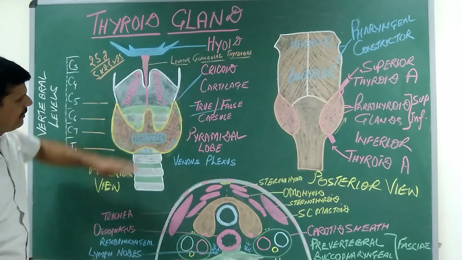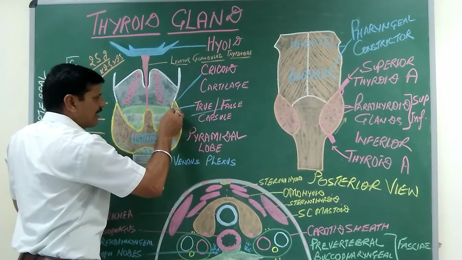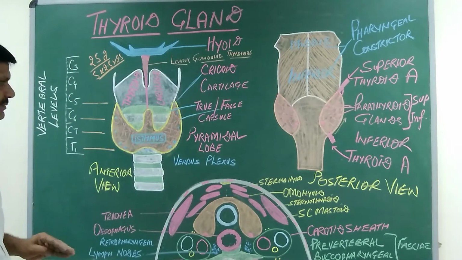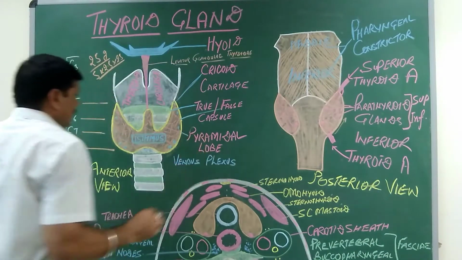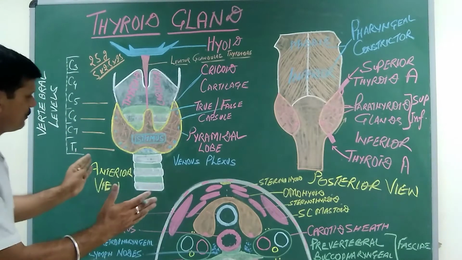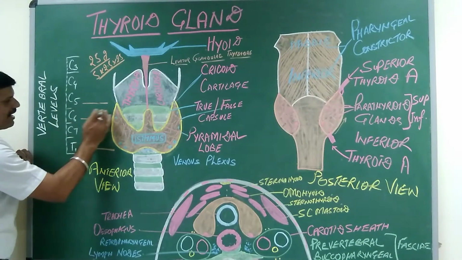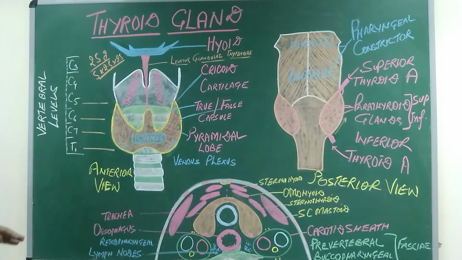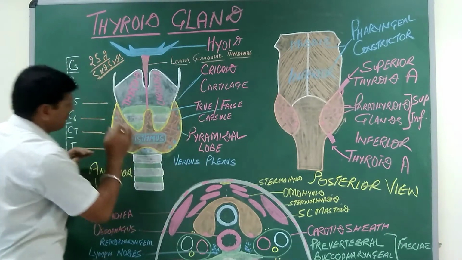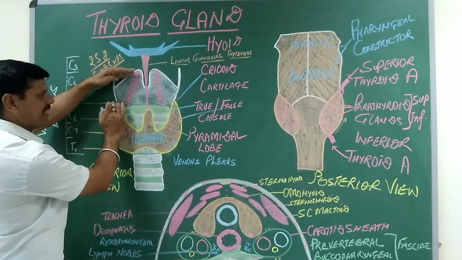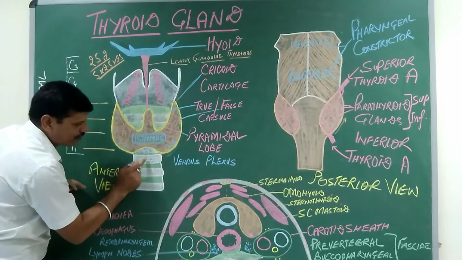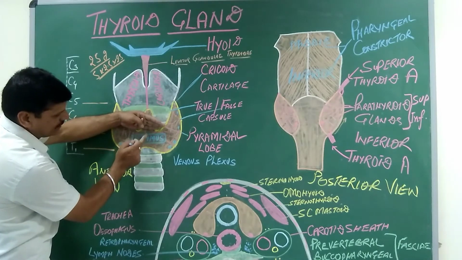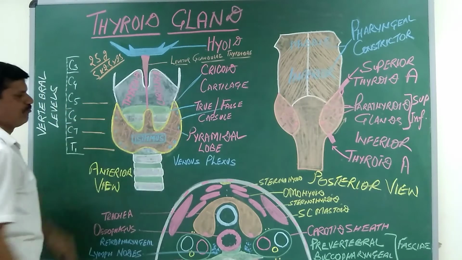The thyroid gland is covered by a capsule. This is known as the true and the false capsule, which we will discuss later on. In relation to the vertebral column, the thyroid gland lies at the level of C5, C6, C7 and the first thoracic vertebra. Each lobe descends from the mid of the thyroid cartilage up to the fourth or fifth tracheal ring. The isthmus lies against the second, third and fourth tracheal rings.